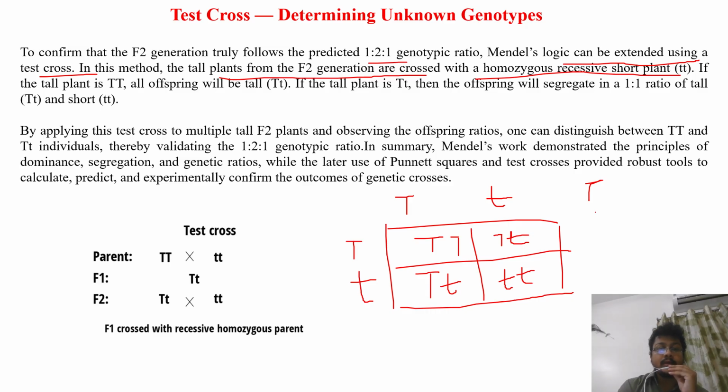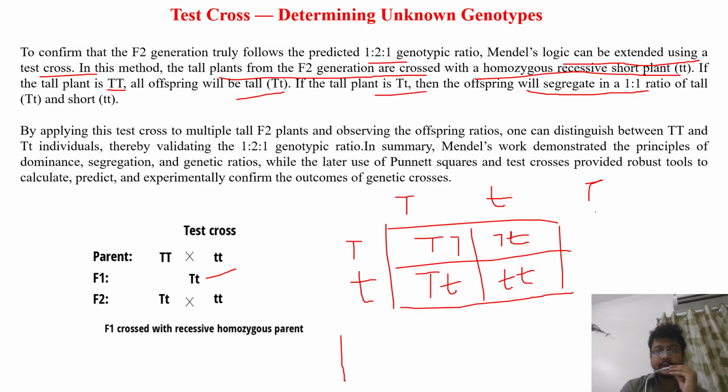If the tall plants are homozygous dominant, the offspring will be tall, because if we cross a homozygous dominant plant with a homozygous recessive, the offspring will be tall. But if the tall plant is heterozygous dominant, the offspring will be segregated in a 1:1 ratio, because if we test cross it with homozygous recessive, then we'll get,